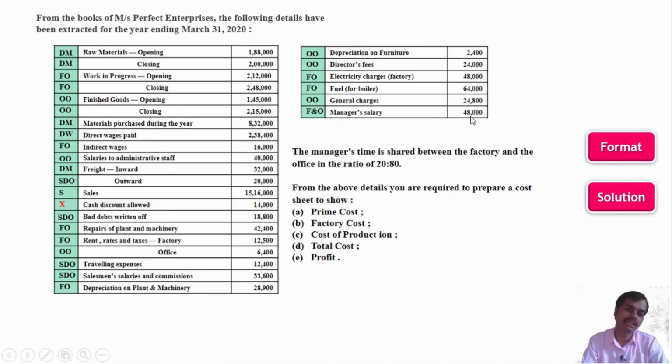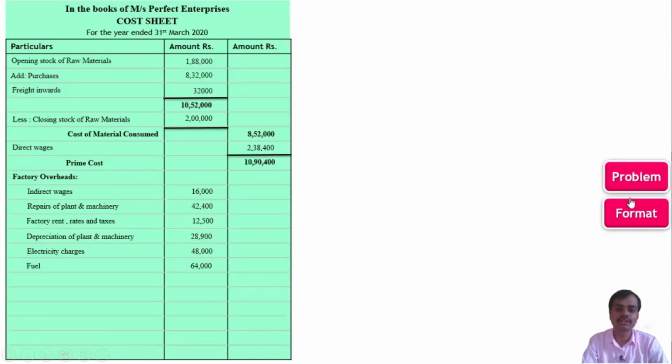Manager salary is given 48,000, but we have to divide this 48,000 into 20% and 80%. 20% will go for factory overhead and 80% will go for office overhead. So 48,000's 20% is 9,600. So let's take manager salary, 9,600.